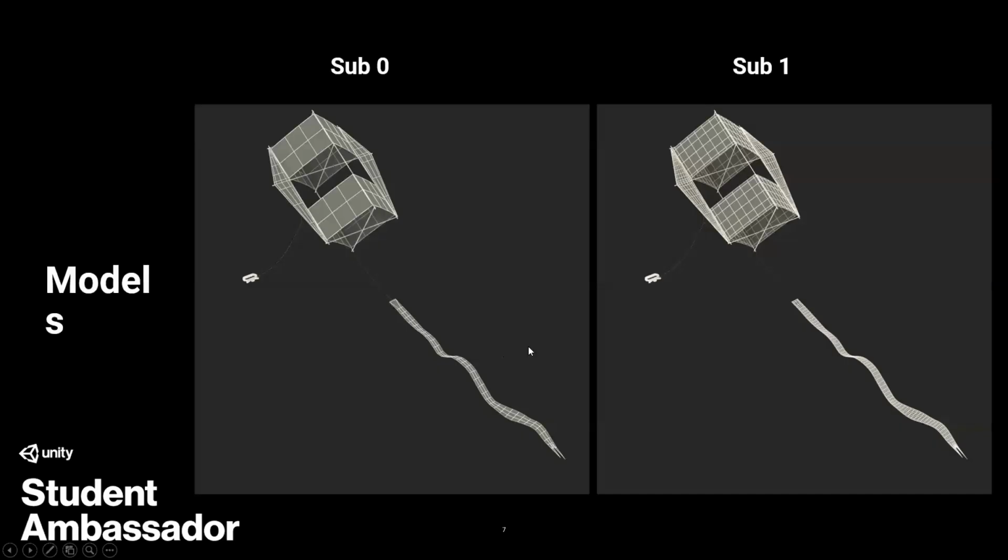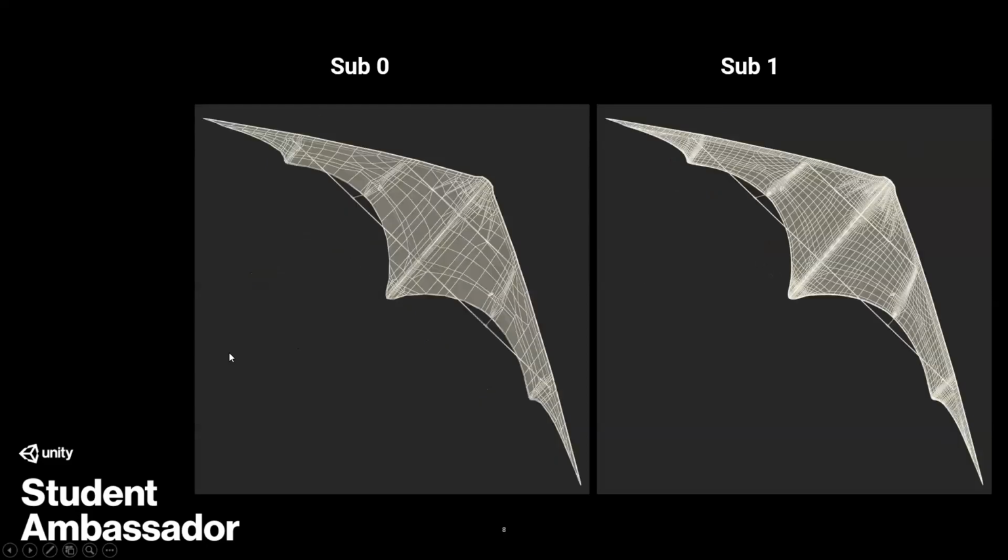The next part, the name is based on the kite. We have to build our own kite to control in the game. We have created three models. You can see the details, like the subdivision 0 level details and the subdivision 1 level details and other kite details.